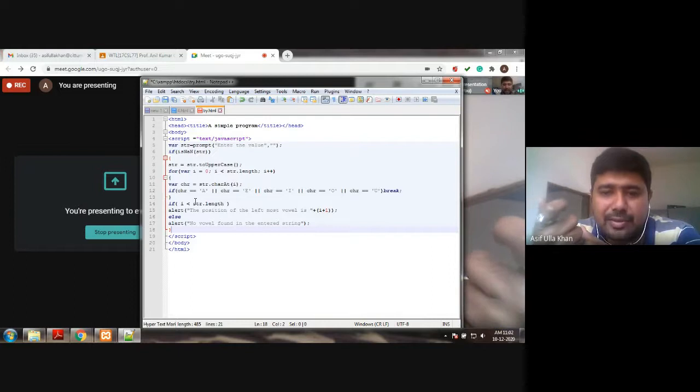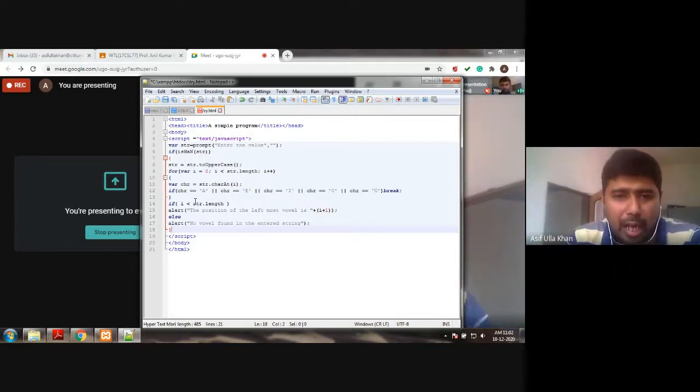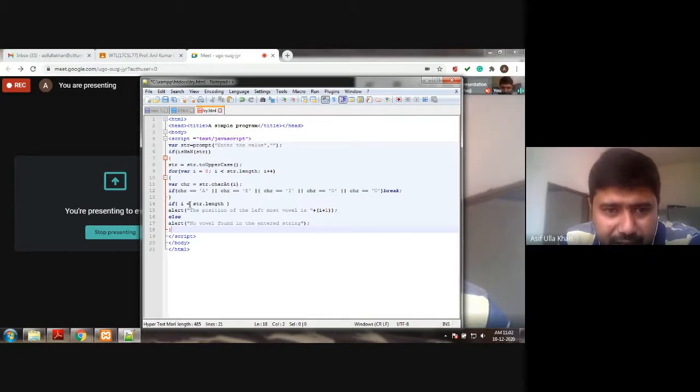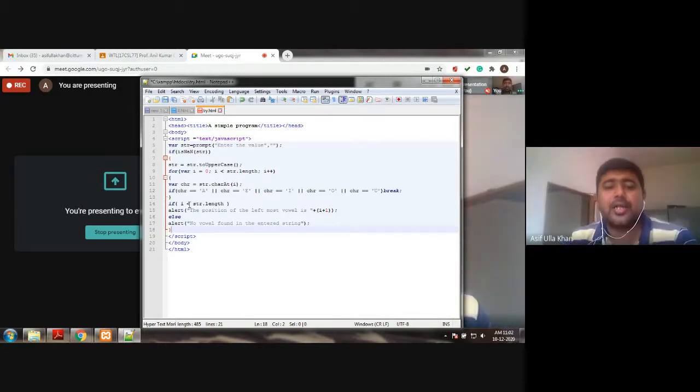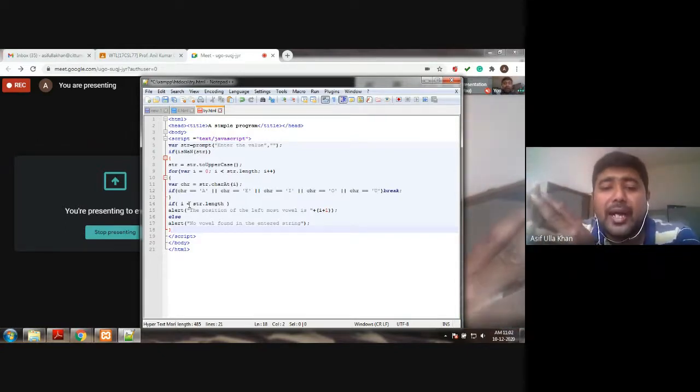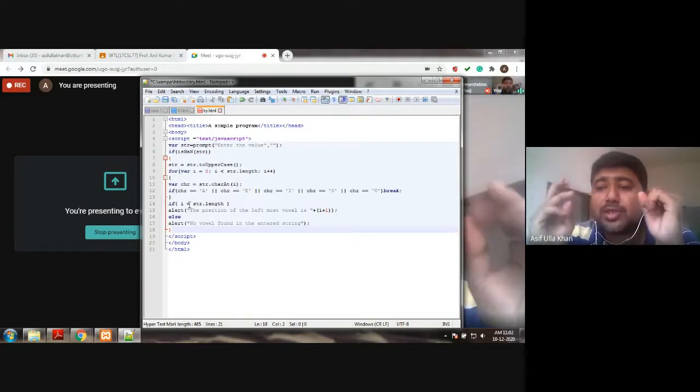It starts from 0 plus 1. I have opened the flower bracket here; the for is closed and the if is closed. So I'm running the second phase of my program to find the leftmost position of the vowel. I told you that you need to do the program in 3 phases.